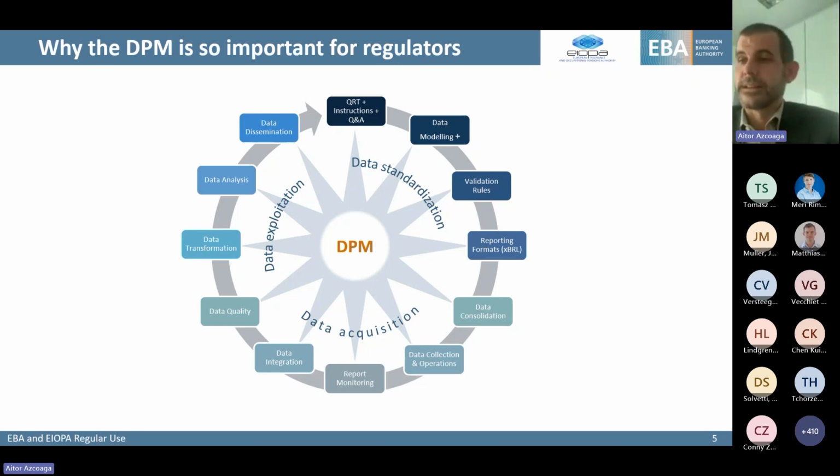You can see on the circle that we start our process with the definition of regulations, which in this case, what we manage, are data structure templates. So in terms of data requirements, we have the templates, the instructions of the templates, and the Q&As.